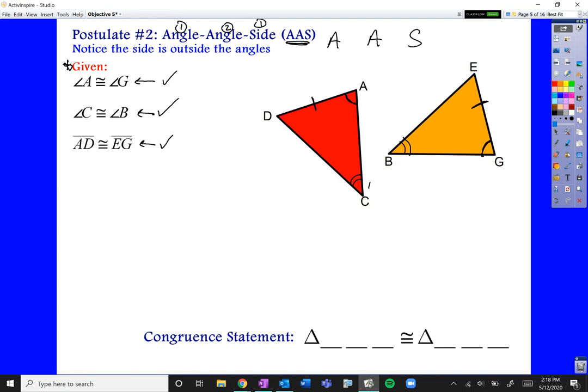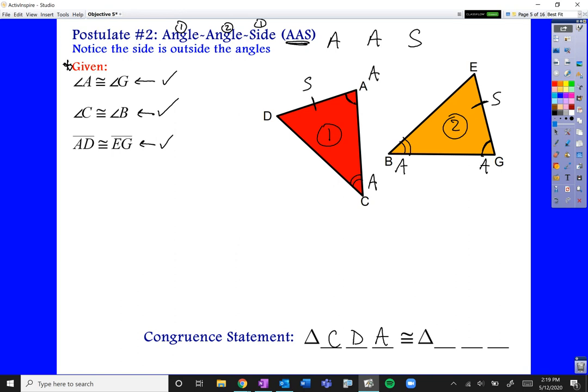So, look at what we have. We have angle, angle, side. And here we have angle, angle, side. So, that's one of our postulates that tells us that two triangles are congruent. So once again, pick your first triangle any way you want. Let's do